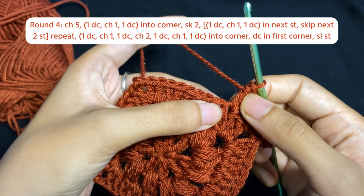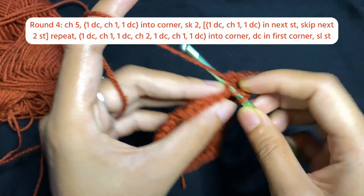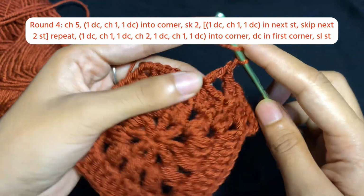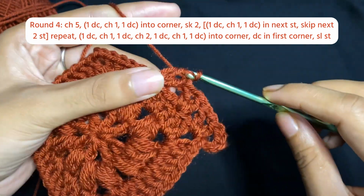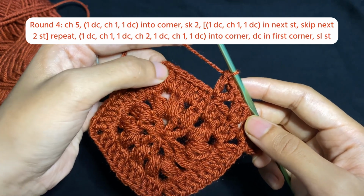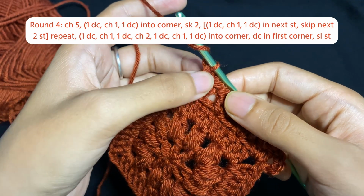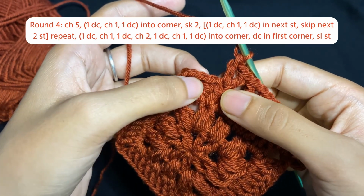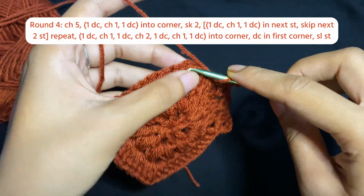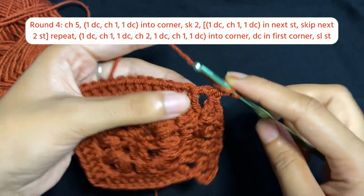Again, we'll skip the next 2 stitches. Into the third one, we'll make a V stitch, double crochet, chain 1, double crochet. So you will continue doing this till you reach the corner. So once you are here, before the corner, you will have a V stitch and then you will have 2 stitches and the corner. So here we will make 1 V stitch, that is a double crochet, chain 1, double